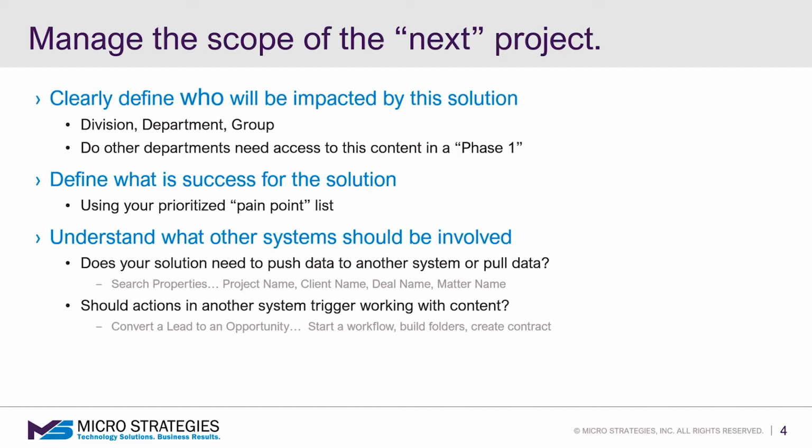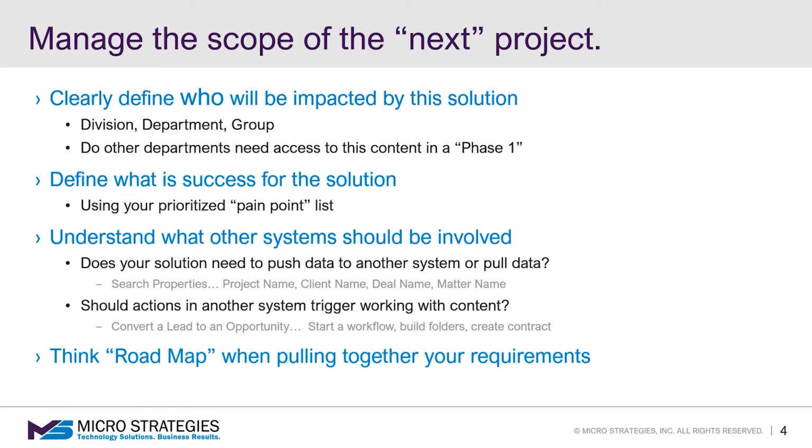Now, as you're gathering all of these requirements, that is great. And you're going to gather a lot of requirements. Think roadmap, because the reality is you're going to get a whole lot of requirements and you're going to have to turn around and distill down into that MVP, that first phase. What is my minimum viable product? It meets certain success criteria and adds value to the organization.